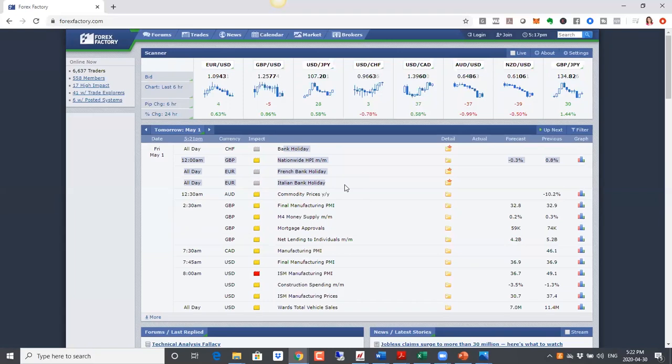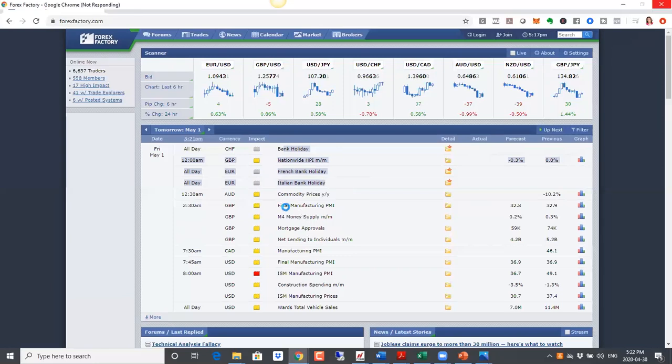And also today was month end as well, and we saw some of those flows come into place, especially with the yen crosses. We saw a big move to the upside here, and that was largely due to the month end fix in the market, especially with it being a holiday on Friday here. So that was something to keep in mind, but I would expect low liquidity market conditions coming up here as well.